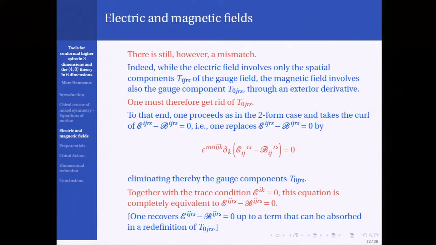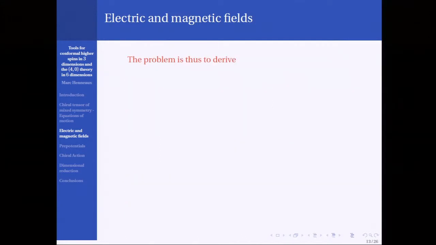This is completely similar to what you do with two forms. The new feature is the trace. There is no analog of the trace condition for a two form. In the equation for a two-form that you get, you also have to get rid of A0 I, and the way you do that is by taking a curl. So that's analogous, but we have to take into account the constraints. Well, this is what I said.